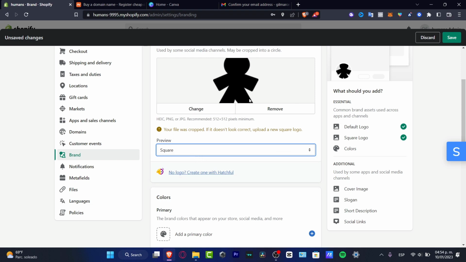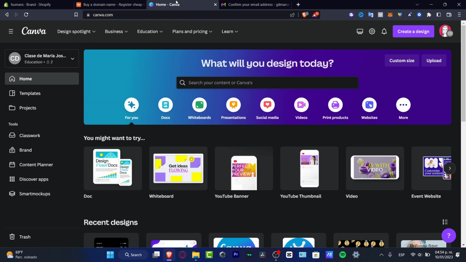Now if you do want more ideas, or you want to be more creative using different tools, different platforms for designers, I can totally suggest you use Canva. Now Canva is totally free. Now you're here in Canva, you just have to provide an email and a passcode to verify that email, hit create